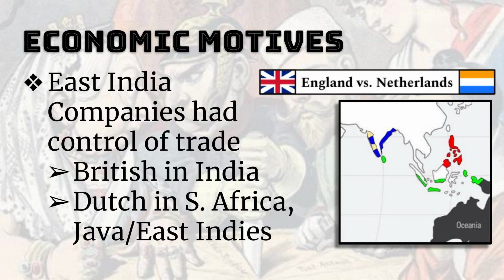In a quest to increase profits, companies chartered by the British, French, and Dutch governments entered into commercial treaties with local rulers in India, East Africa, and the East Indies. These treaties granted the Europeans the authority to build trading posts and forts as a means of safeguarding their interests. Initially established for the spice trade, many of these companies wielded quasi-governmental powers, amassing armies and conquering territories to establish